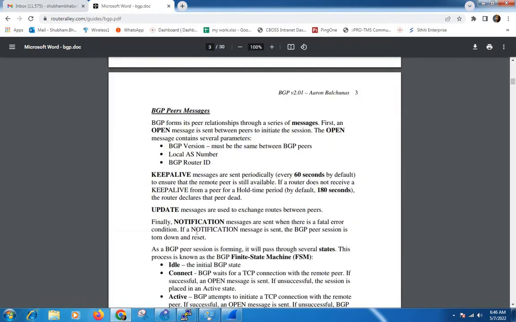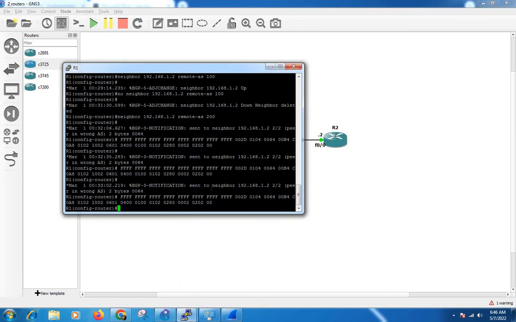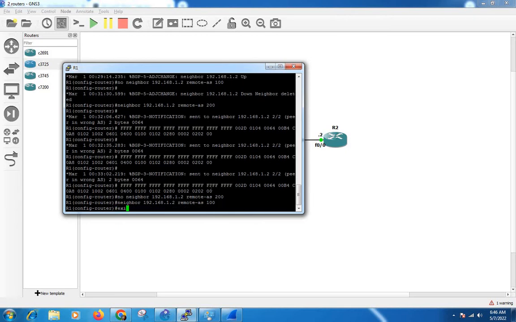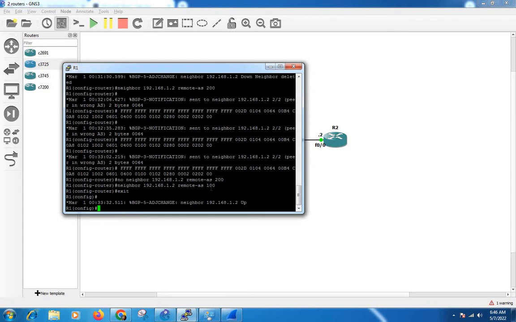Now we will see the update packet. I have to clear this first. I'm advertising one interface. If a new network is created on a router, it will update the neighbor.